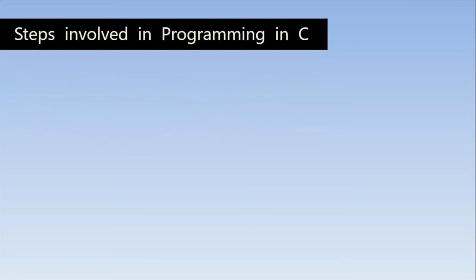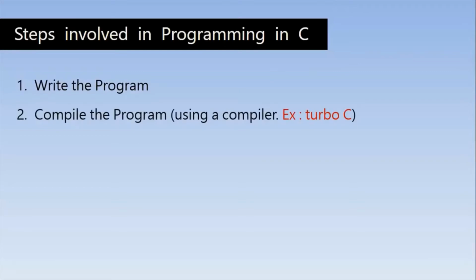In this process, the first step is to write the program. As we did in the last class, write the program with proper syntax and compile it to convert it to the machine code, because we are writing English-like sentences in C program, right? To make the computer understand the program, we must compile it so it will convert into machine code. So we use a compiler to do that. After compilation, the compiler will tell you if there are any errors in the program or not. If there are, you should correct them to get the right output.